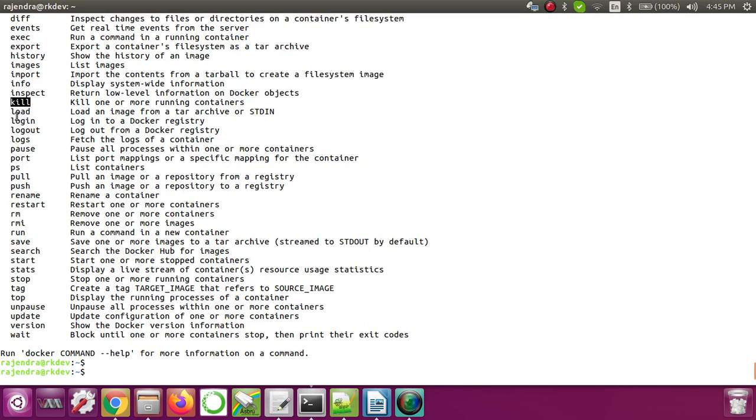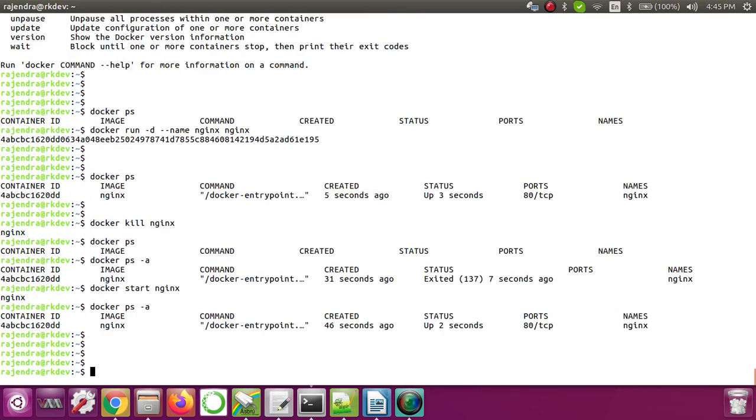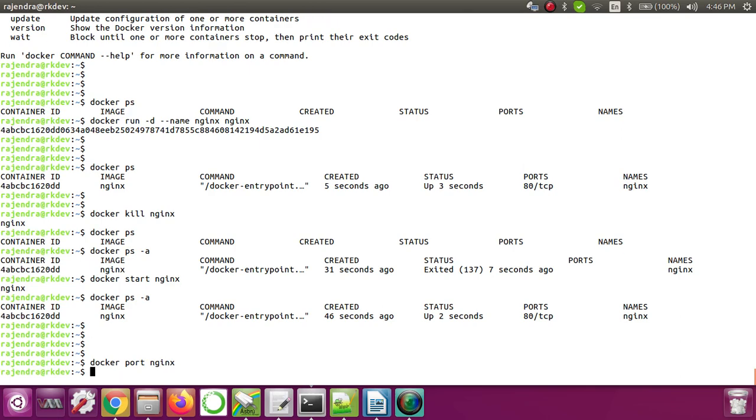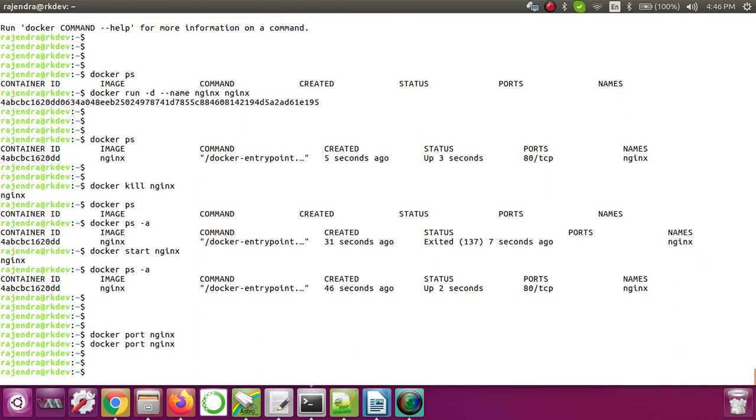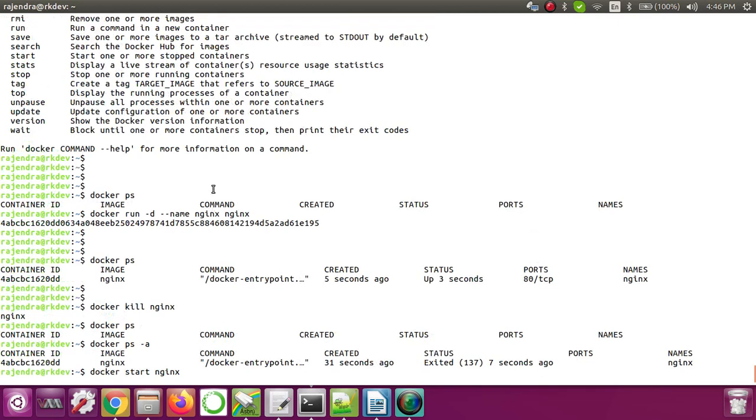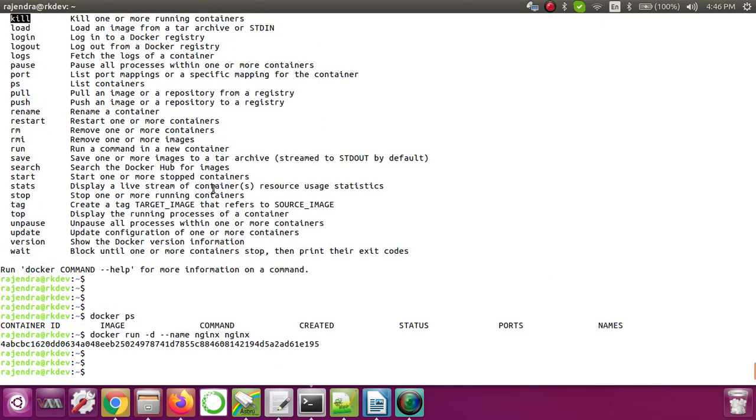Now let's see some more commands. We have seen load, logs, pause, and the port command, which lists port mappings for the container. So let me show you that: docker port and then the container name. The container name is nginx. There is not any port exposed from this container, so it is not giving any output, but we'll see that in the next video where we have multiple ports exposed.